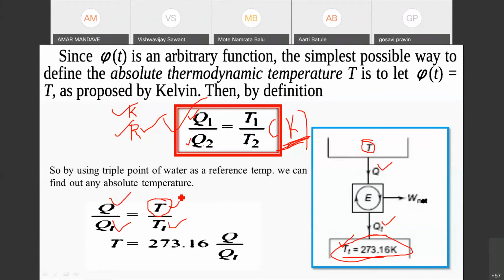Okay, so this is the Kelvin scale, or we can say the absolute thermodynamic temperature scale. In all numericals as well as in all concepts, whenever you explain or mention thermophysical properties like entropy, enthalpy, etc., you have to use the Kelvin scale. It is not right to use the degree centigrade scale. That's why all the properties are mentioned or referred to on the Kelvin scale.